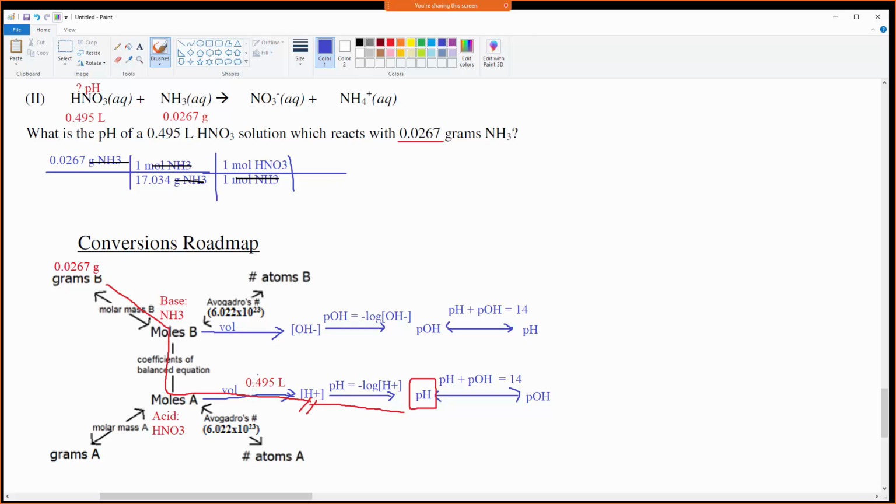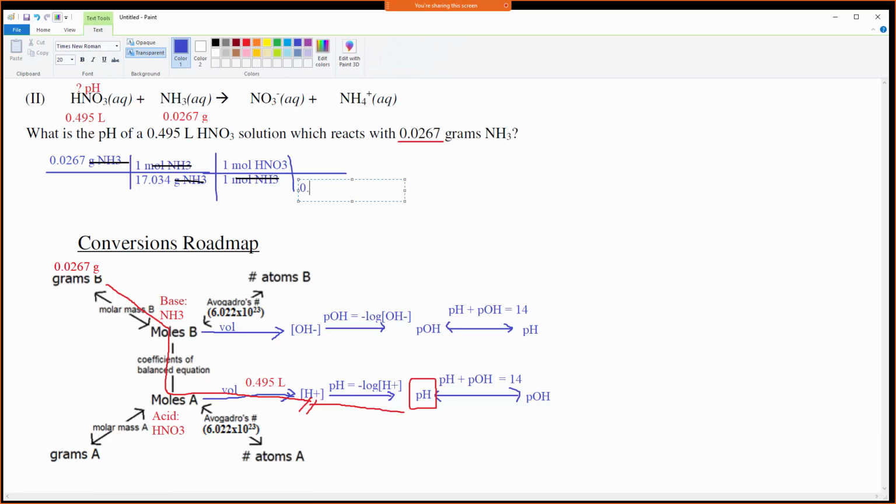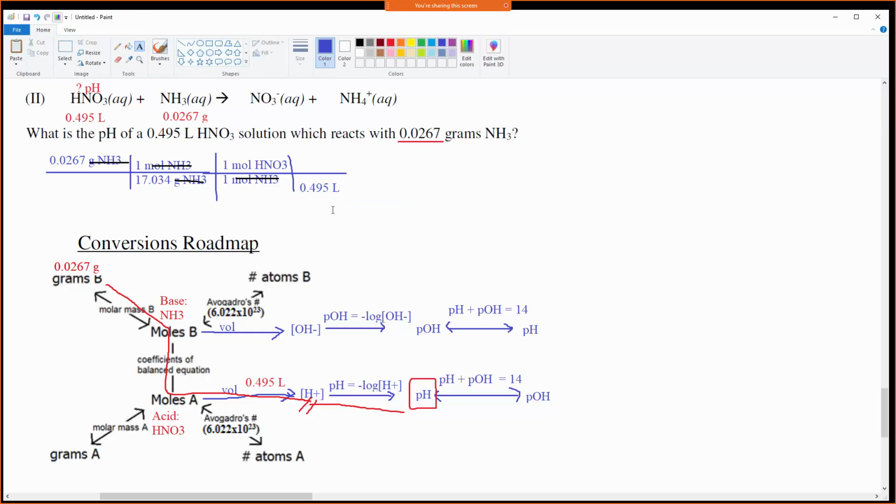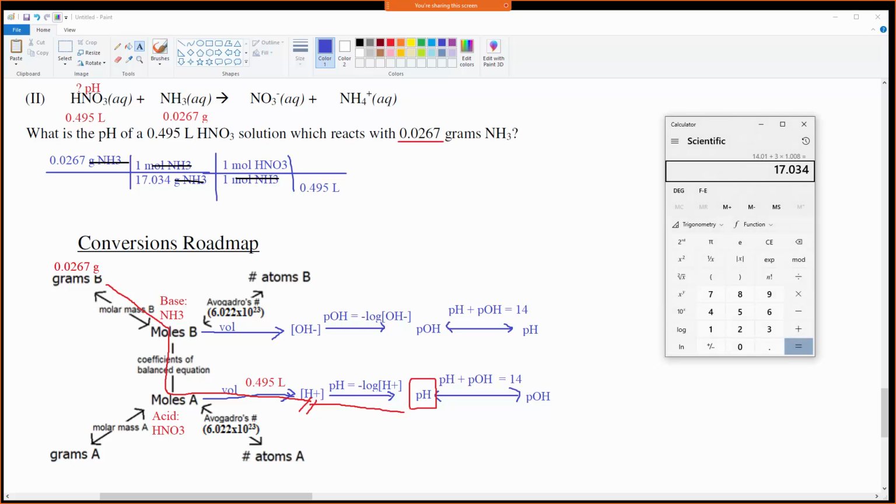Then we're going to use our volume to get to concentration: 0.495 liters of my HNO3 solution. That gives me concentration of my HNO3 solution. Okay, so 0.0267 divided by 17.034 divided by 0.495 gives me 0.00317